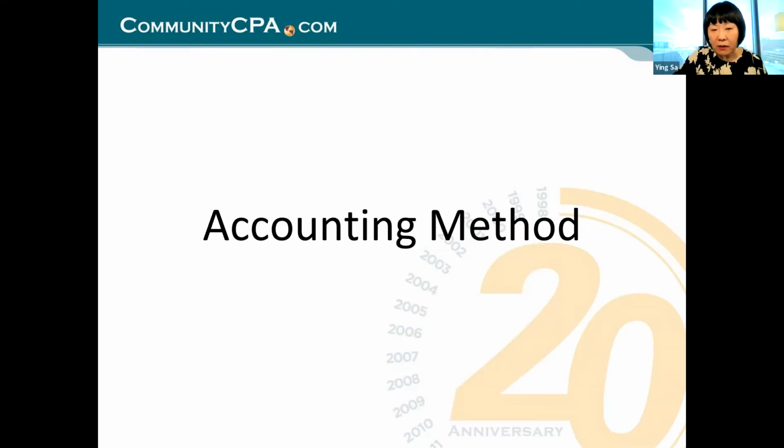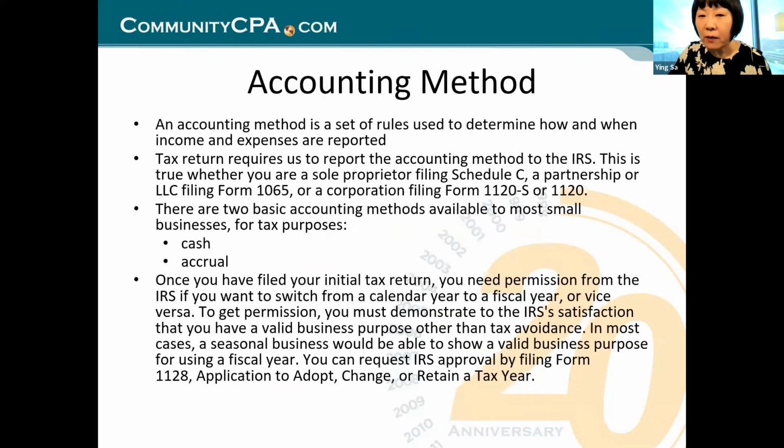So accounting method, folks, what do you know about accounting method? I don't mean for you to read this at all, because this is really textbook content. And look at my three slides. This is a summary. You can literally take a picture of it, or you can go back to the YouTube, find my webinar, and roll it back to here and take a picture. So there's nothing you need to do, folks. You just need to be with me right now. Hear me. Accounting method is simply a way to calculate your gain in different ways.